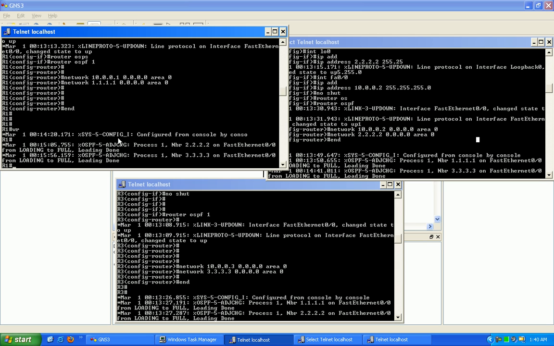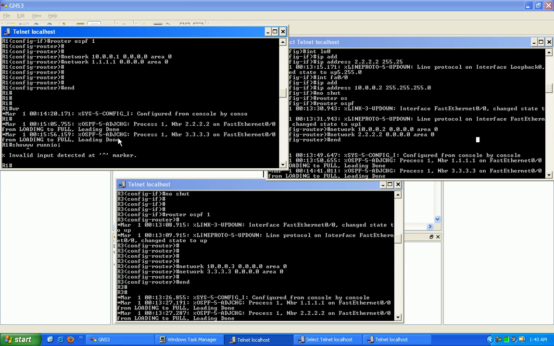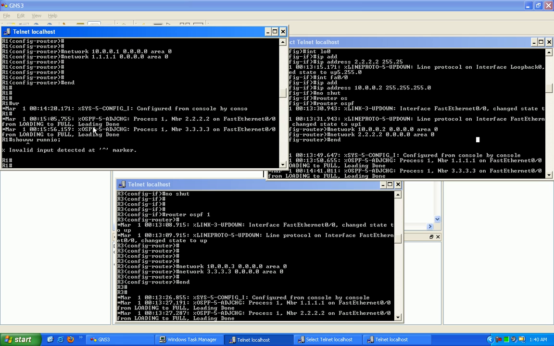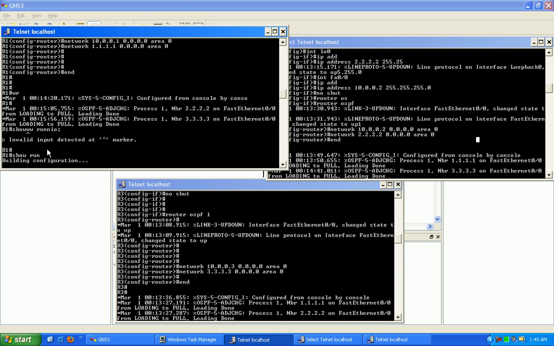And what I want to show you here is one of the default options that comes up. We're going to take a look at a couple of commands. The first one is going to be the IP domain lookup command. If I misspell something here and just hit enter, as you can see, it just says invalid input detected. If I do a show run on my router,